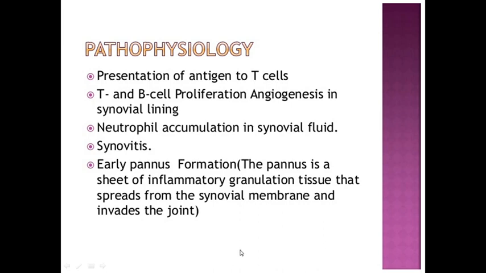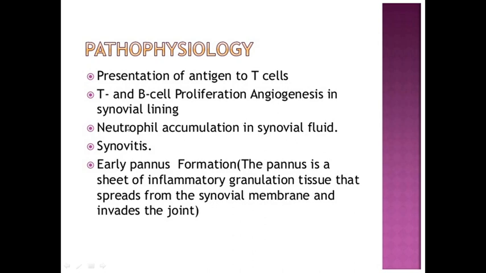In the developing process, first we have a reaction of antigen with antigen presenting cells, and then the antigen presenting cells present the antigen to T cells, and we have T and B cell proliferation,